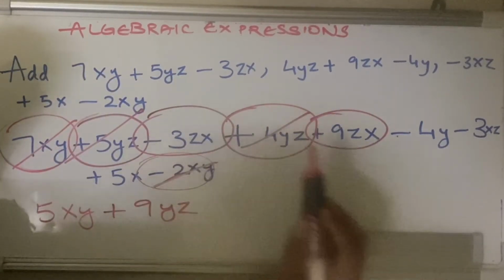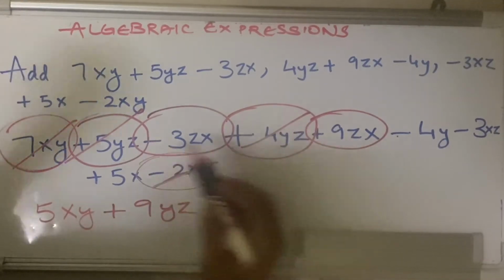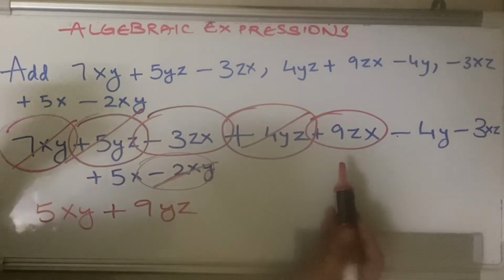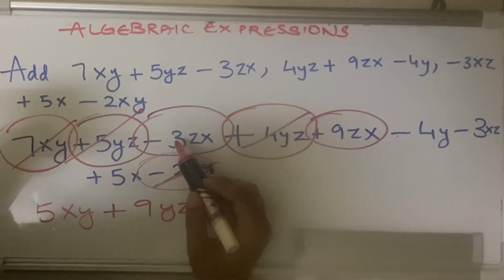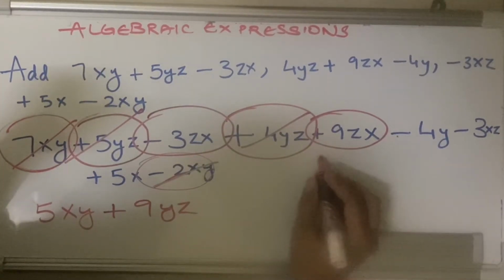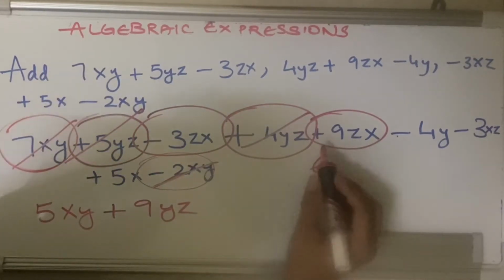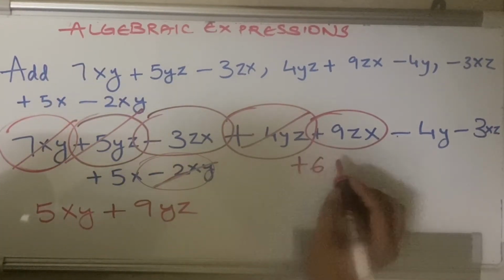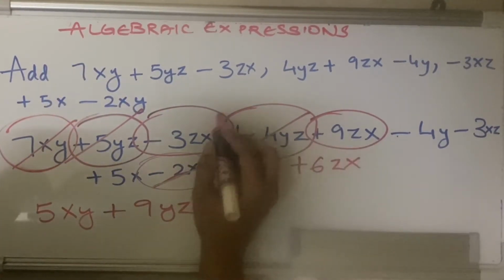And minus 3 plus 9. Minus and plus means different signs, so I have to do subtraction. So 9 minus 3 would give me what? 9 minus 3 will give me 6, right? Biggest number is 9 and sign of 9 is positive, which goes with the answer. So I am done with this.